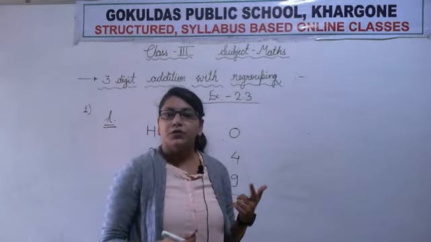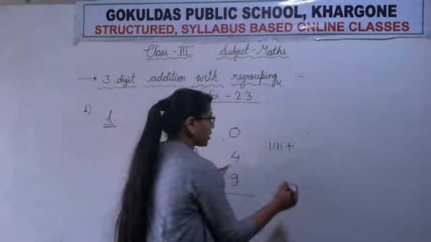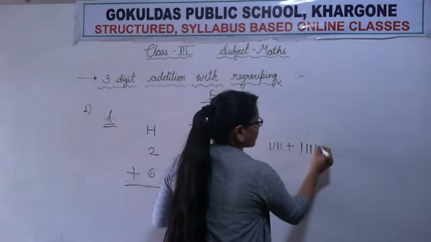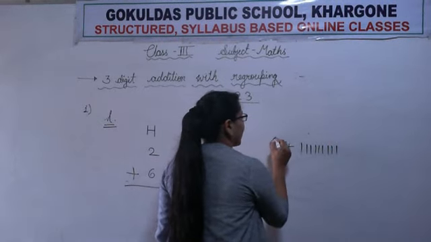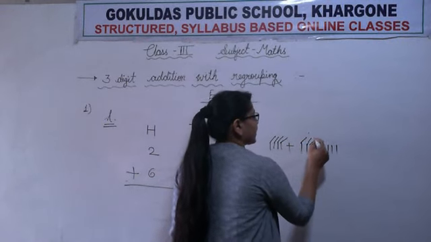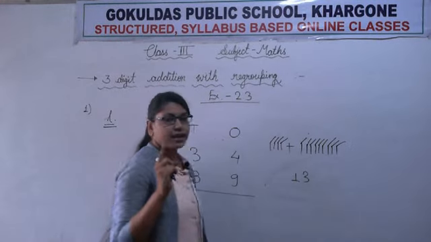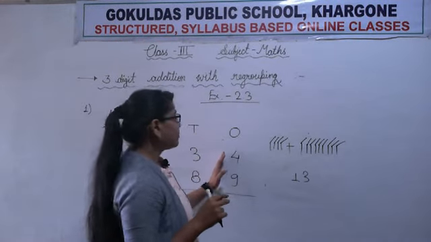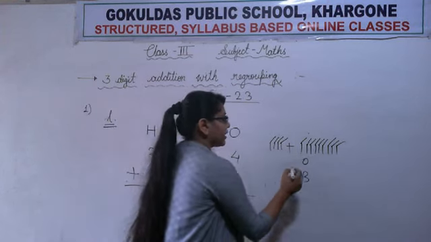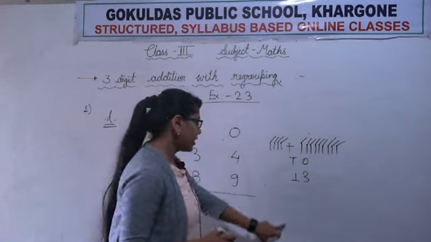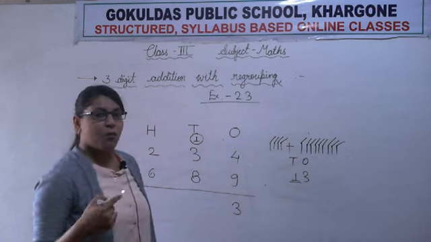Now we always start from the ones position. So 4 is there, so we will draw 4 sticks for this 4, and we will draw 9 sticks for this 9. Now let's add how many sticks are there. 1, 2, 3, 4, 5, 6, 7, 8, 9, 10, 11, 12 and 13. We added one digit and got a 2-digit answer. We were adding ones, so we will write ones here, and the next position which comes after ones is tens. So we will write this 3 in the ones column and this 1 in the tens column in the form of carry.